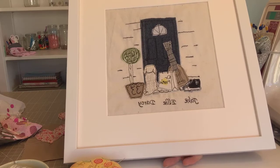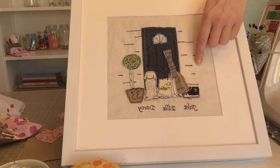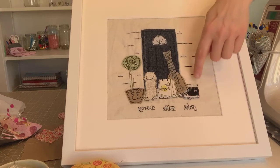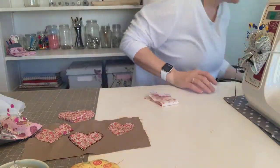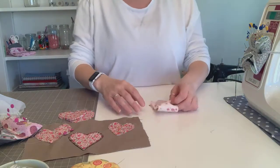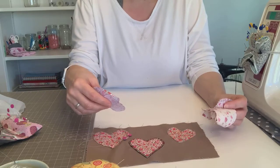You draw. Now free motion embroidery is where you just do the lines. So you draw with the lines, you write with the lines. That's free motion. But free motion applique is where you put the item on the top and then you free motion over the top. Now we don't have a demo of that today. There are lots of demos where you can see that version. So the first one I'm going to do is the